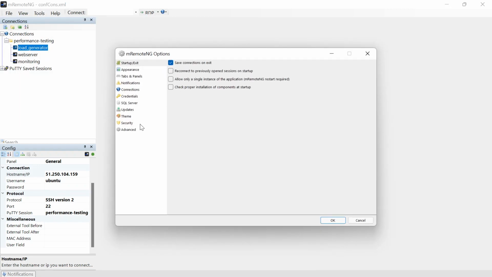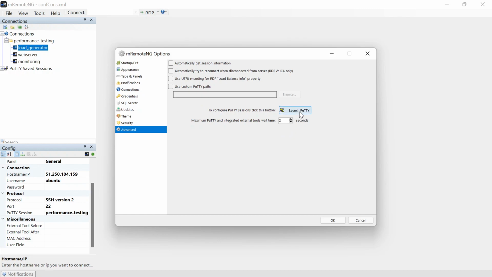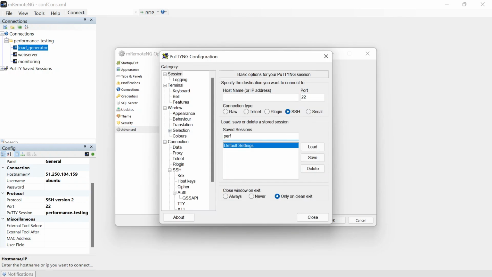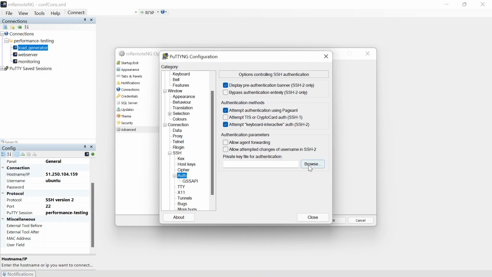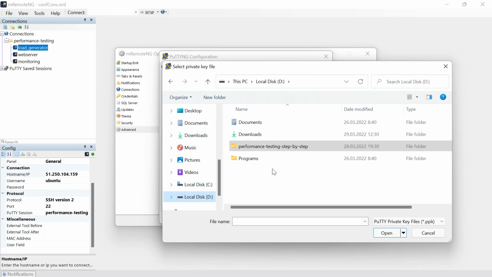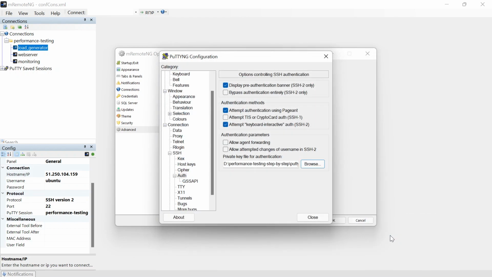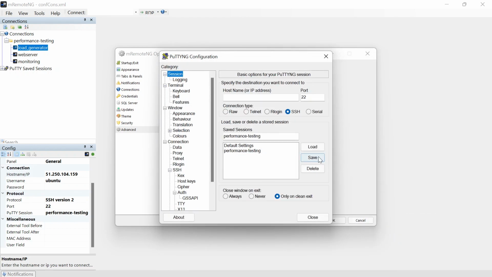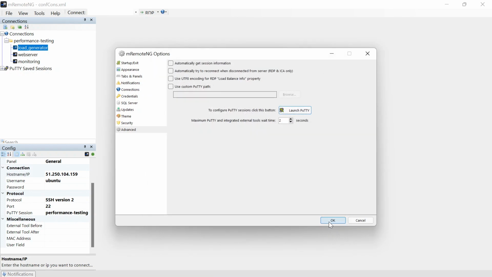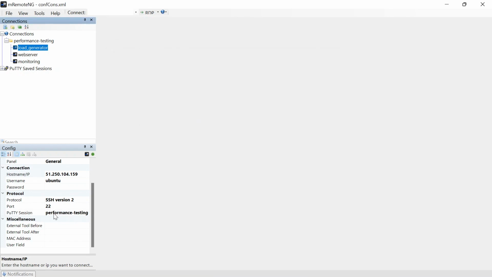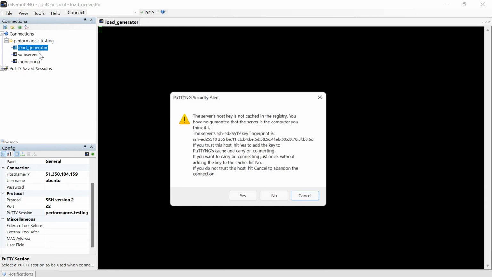Go to the options, create a new profile in which we specify our key, save it. Select the created profile and connect to the remote machine.